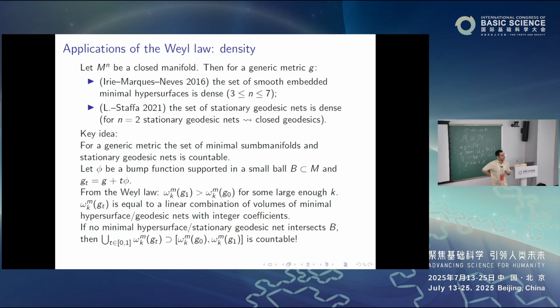That's the range in which we have regularity. But the Weyl law we have for all dimensions. So in dimensions larger than that, these minimal hypersurfaces will have codimension-seven singularities. And in that case, we just don't have this result. We don't have the countableness. That's all that's missing. The Weyl law is there.